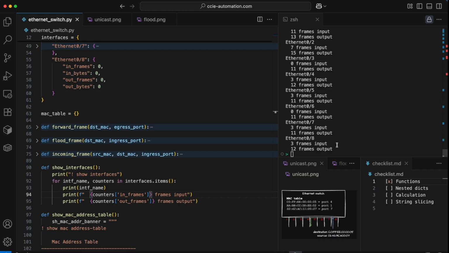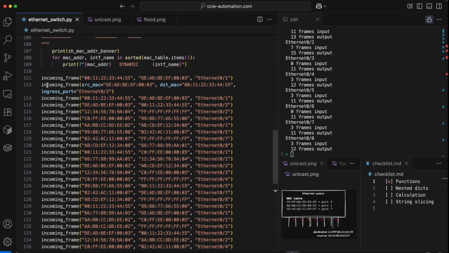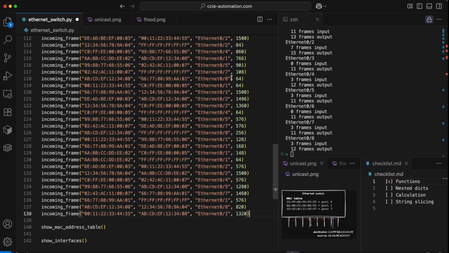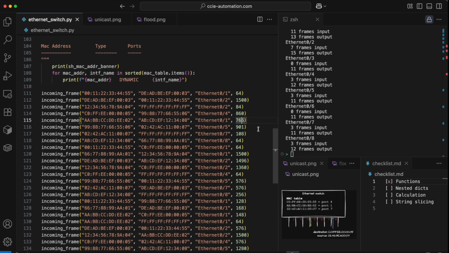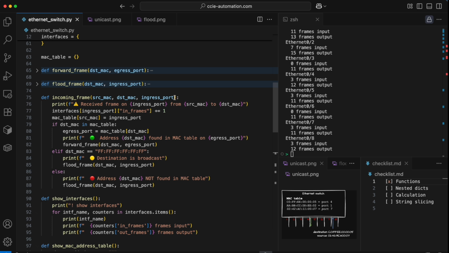So let's just finalize the logic here by also counting the number of bytes. To do that, we need to specify on the incoming frame exactly how many bytes were received. So I have another version of all of these frames that are coming in, which have an additional parameter out here at the end. So these are the number of bytes in the payload. So that also means that I need to modify my incoming frame function to actually process and pass this parameter along. So let's go to the incoming frame and modify the signature of the function